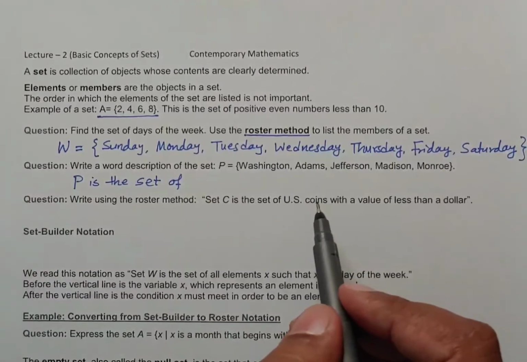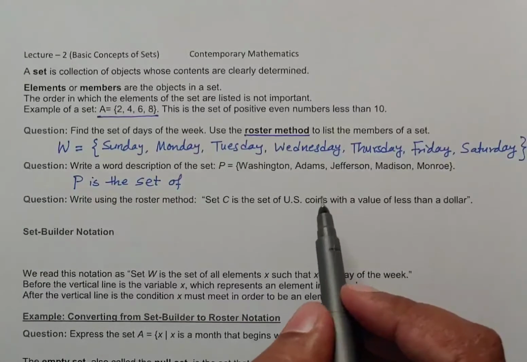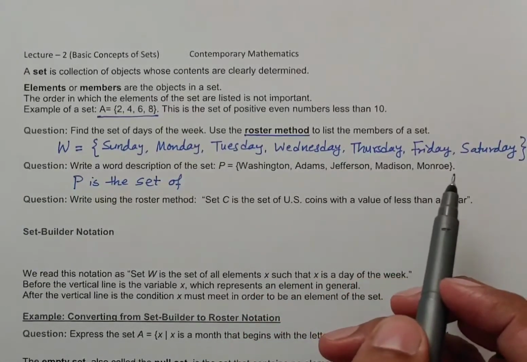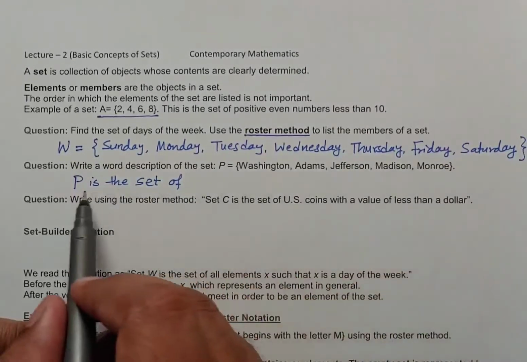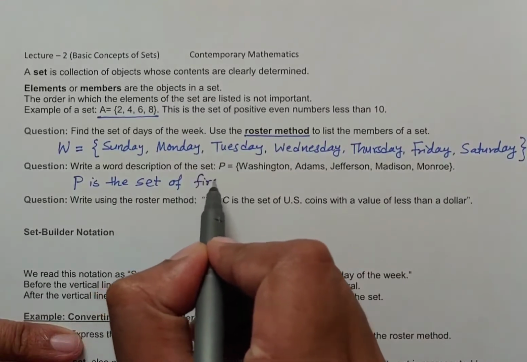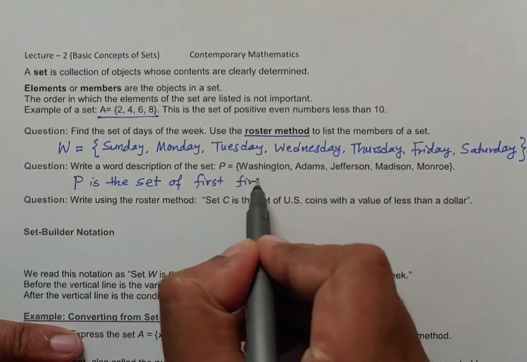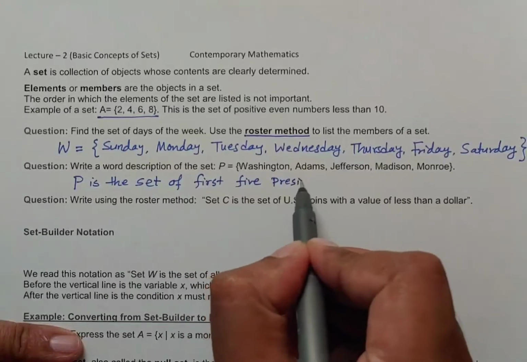These are the presidents, 1, 2, 3, 4, 5, the first 5 presidents of United States, right? So we can write P is the set of first 5 presidents